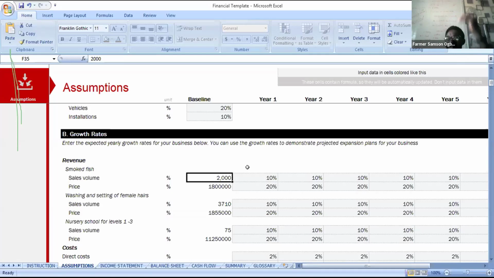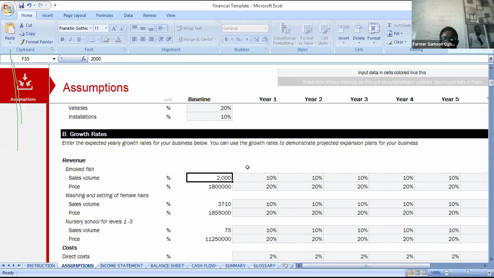You know how much you sell each kilogram of fish. So if I am selling each kilogram of fish for 800, 900, 2,000 naira per kilogram, I multiply the price of each kilogram of fish by the total quantity of what I will sell. Does that make sense? Sales volume for washing and setting: the lady doing washing and setting has said that in a week, she will attend to about 70 customers, and she is charging them 500 naira per customer. So 500 naira times